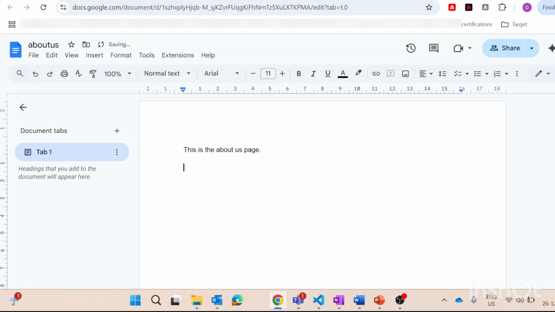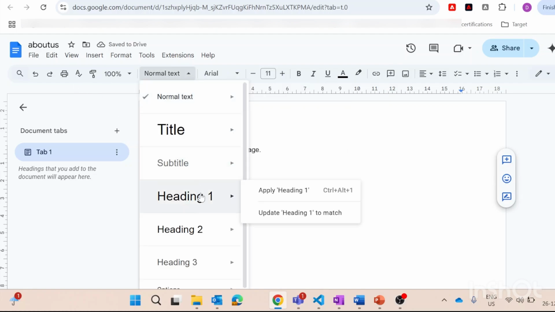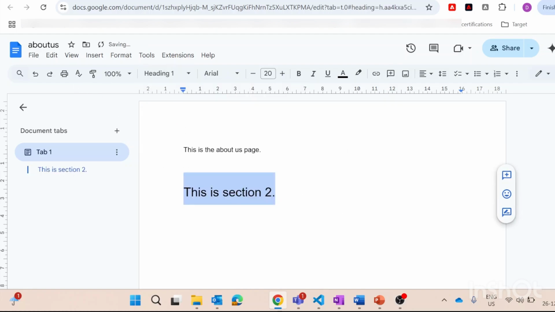Let me create a new section. This is section 2, and I can make this heading 1. To separate a section, there are basically two ways. Either you use three hyphens,